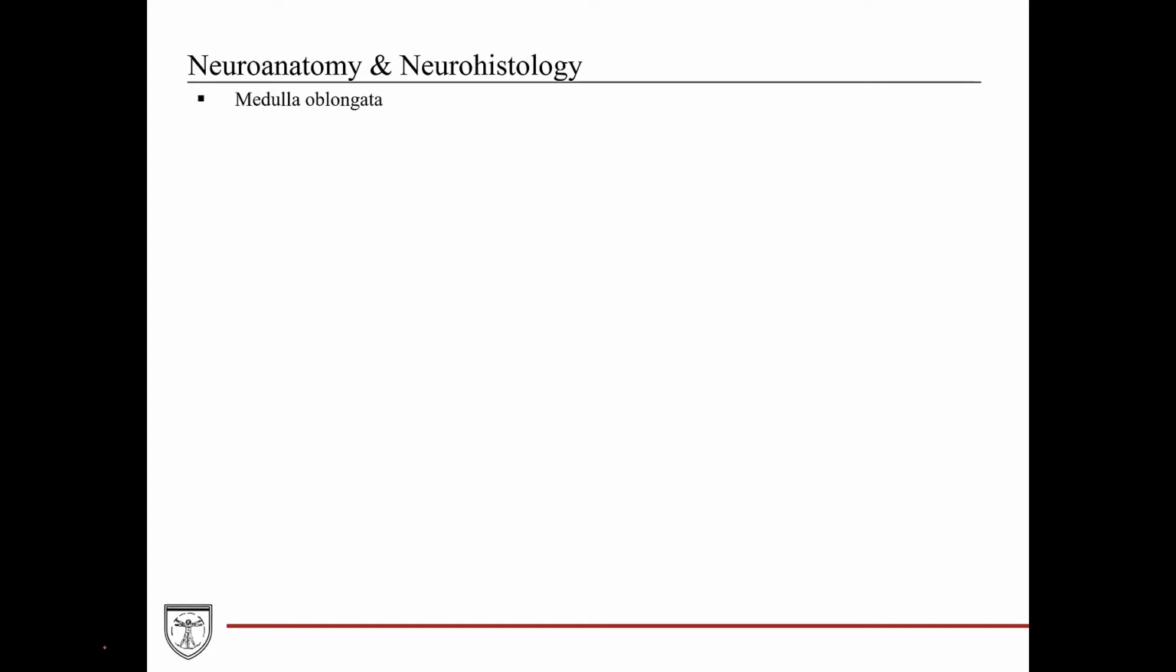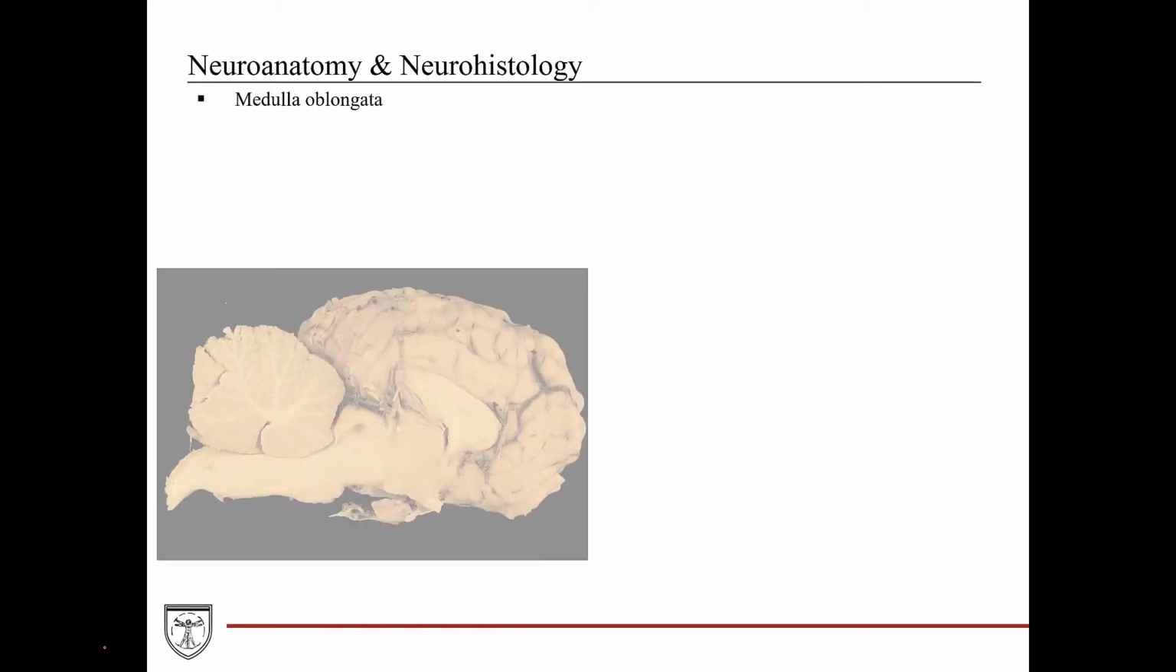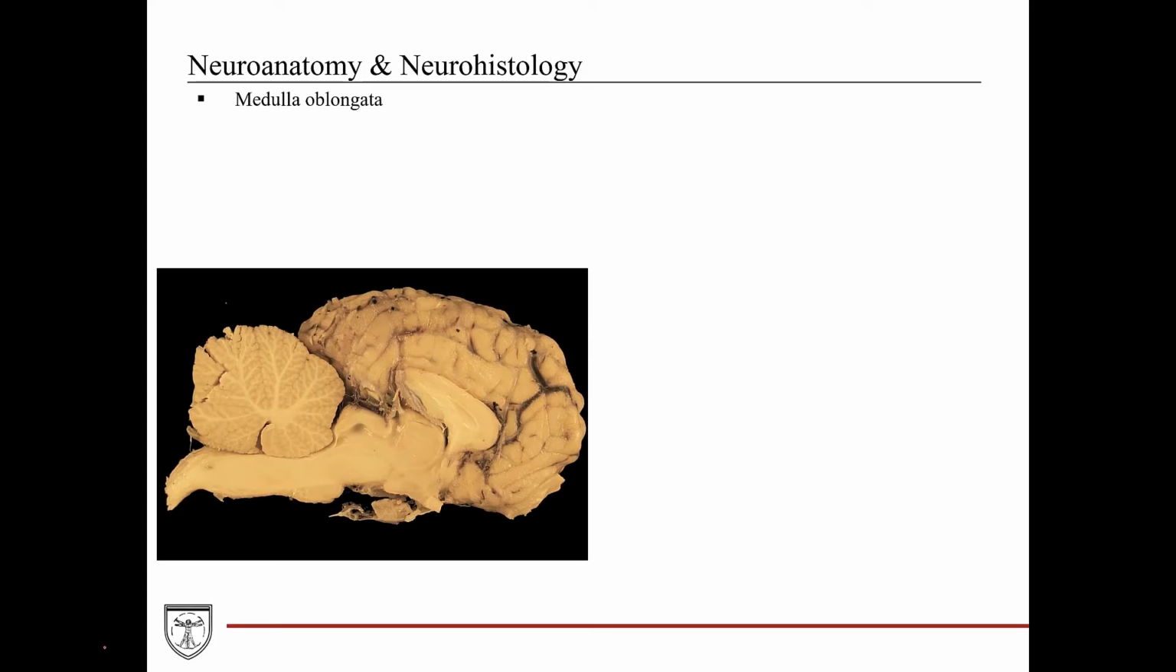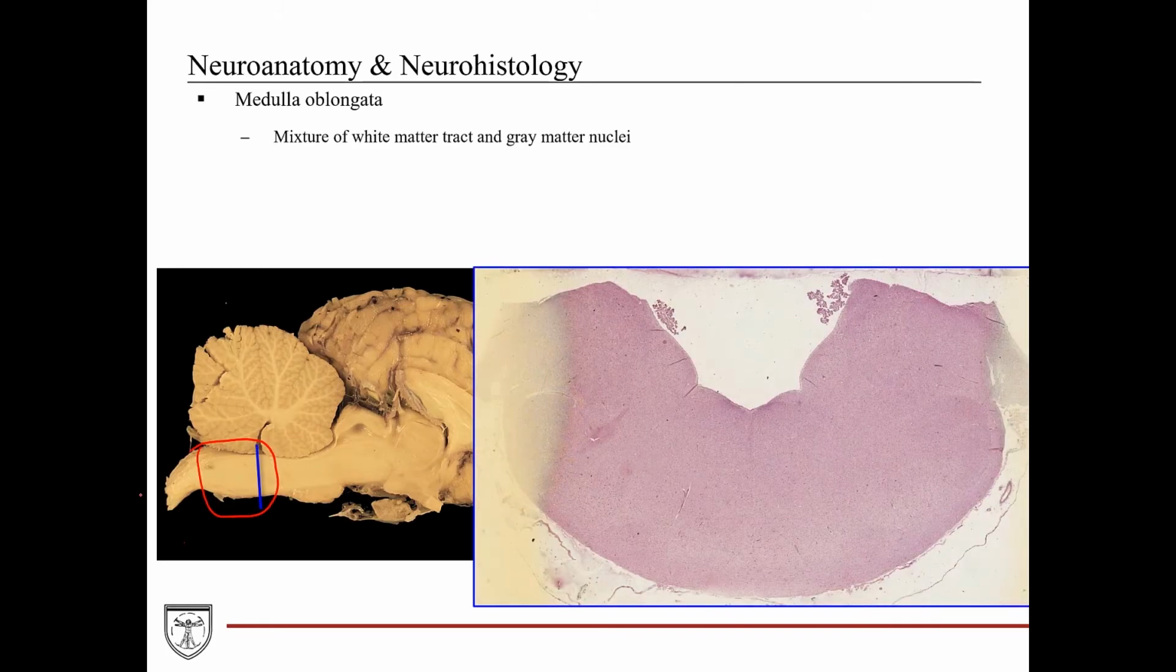Going down the brain, we now have the medulla oblongata. This structure is also known as the brain stem, and as the name suggests, this structure is located anterior but in the inferiormost aspect of the brain. It is comprised of a mixture of white matter tracts and gray matter nuclei, and making a cross-section through a medulla oblongata and looking at it, here we have the anterior side and here we have the posterior side, and